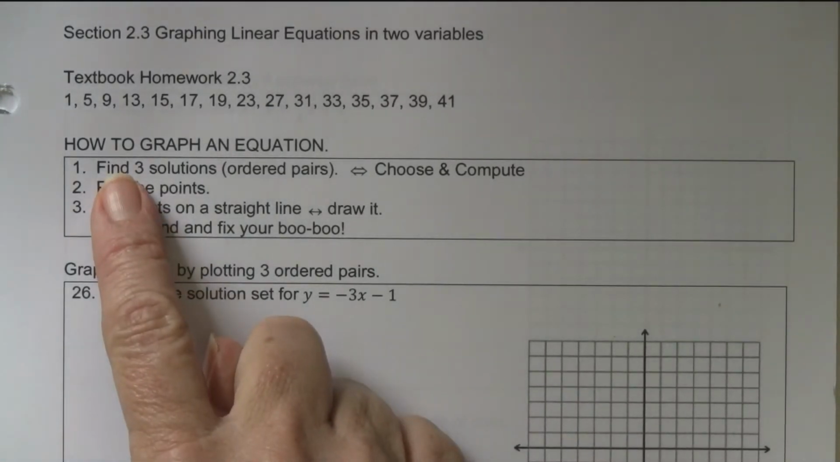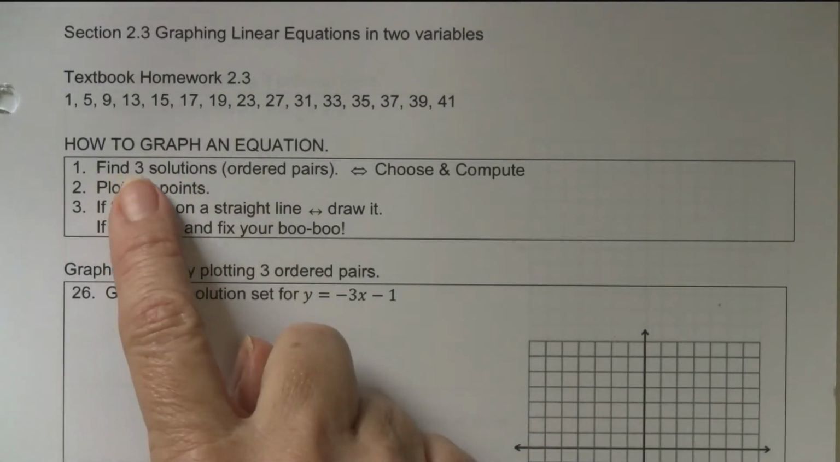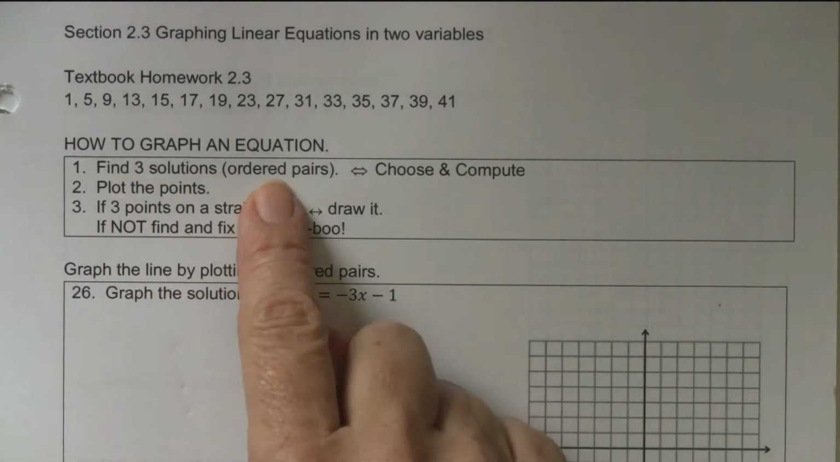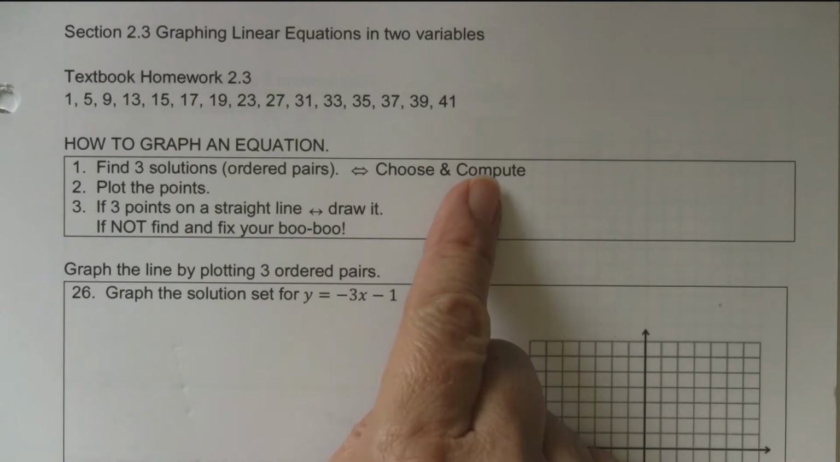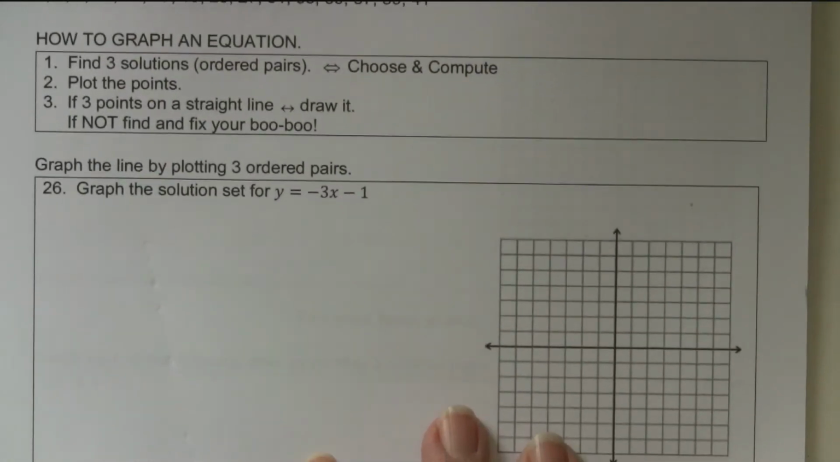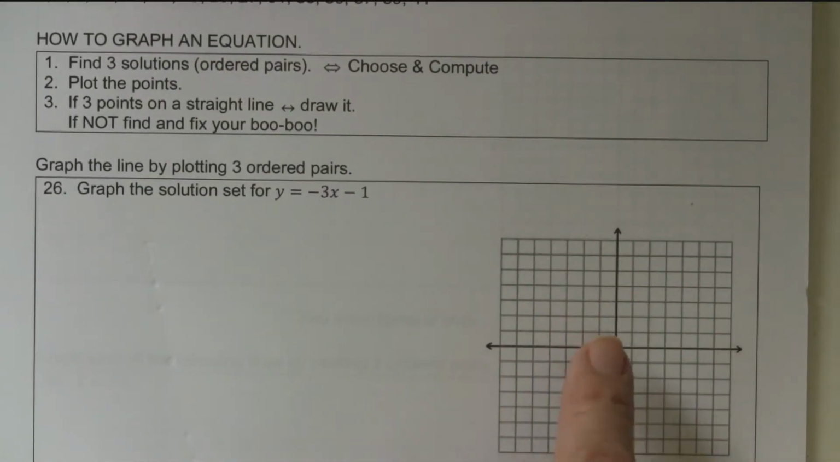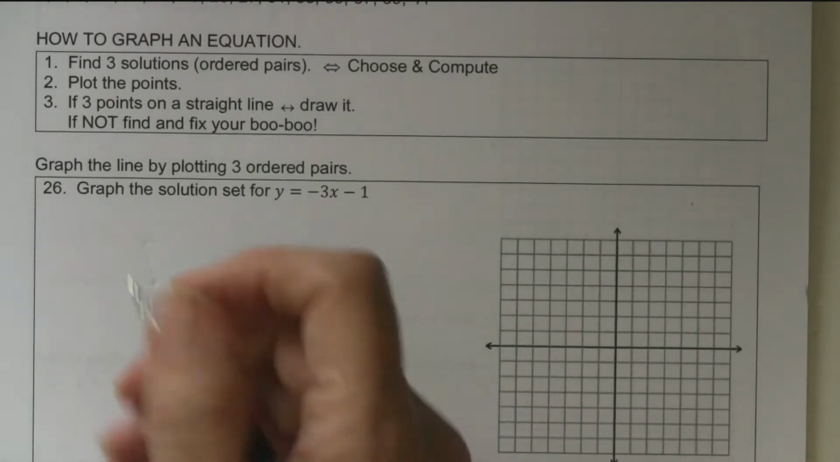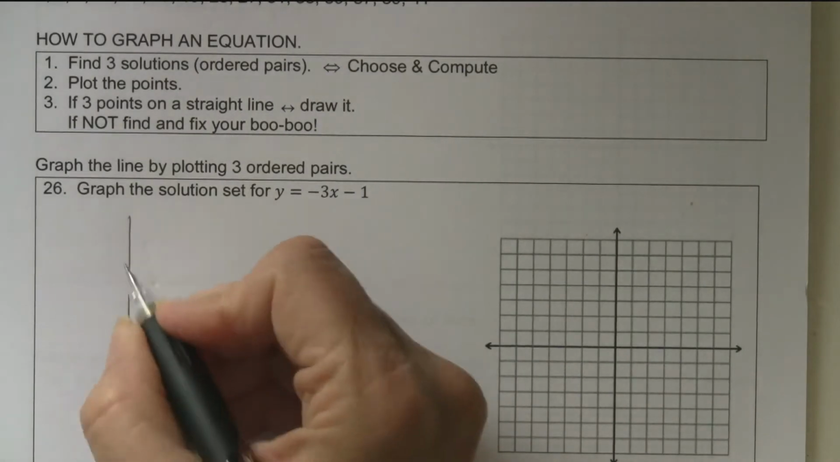And so I say, this is how you graph: you want to find 3 solutions, which are ordered pairs, and you choose and compute. And we're trying to get something that falls on our grid. We can relabel it and not count by ones, but if possible, I like to count by ones. And so when I do that, I like to put my